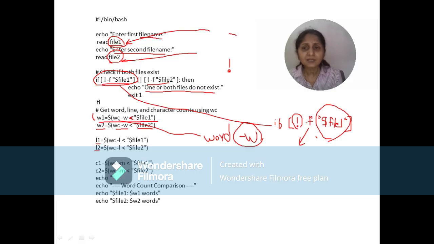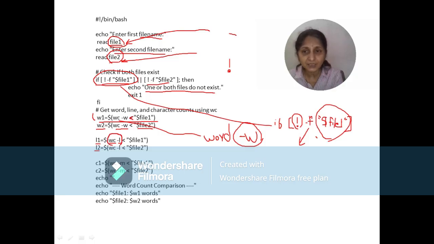What is the command? If you see, there is a dollar symbol because we want to store the value. Then there is a bracket. The command used here again is word count itself, wc. But instead of hyphen w, we are using hyphen l. This is small l, hyphen l. Now what does this hyphen l do?